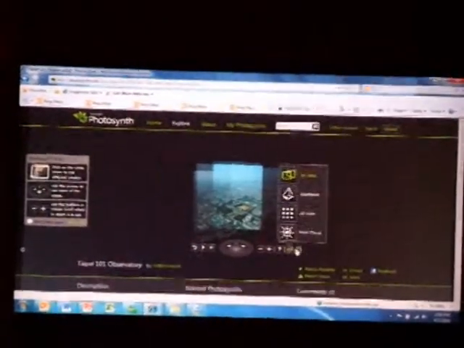So anybody can upload a PhotoSynth. In fact, some folks have. And if you add location information to them, we'll actually show it up on big maps. This is a PhotoSynth that was made from the top of Taipei 101. These are observation rounds. This is literally a 360-degree view.